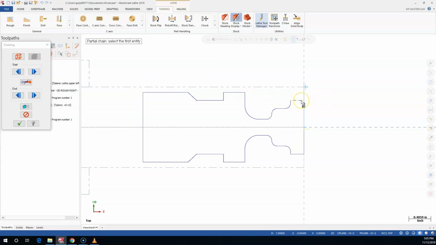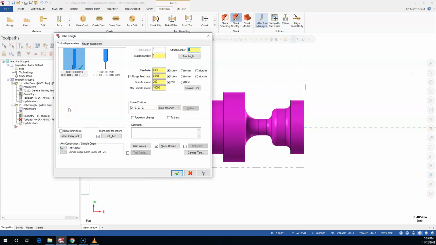And now we have our profile. I'm going to pick up that geometry, and we'll go ahead and hit OK. And let's see, for the